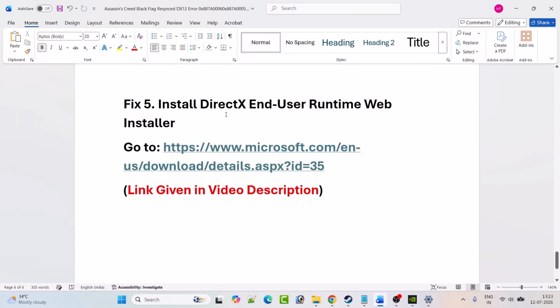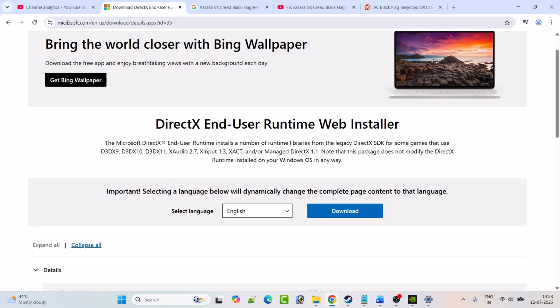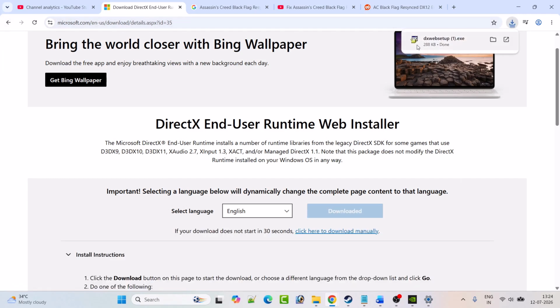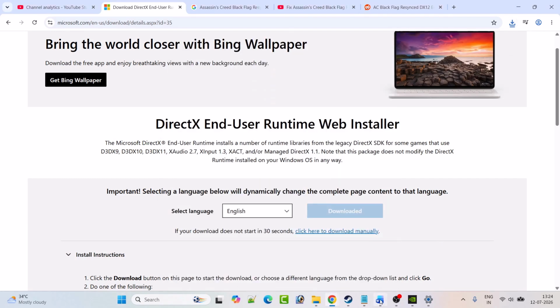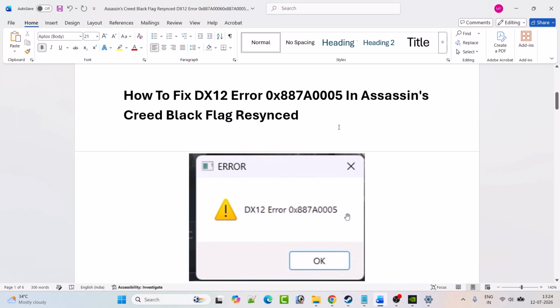Fix 5 is to install the DirectX End-User Runtime web installer. So go to this website. This is a Microsoft official website, and once you're on this Microsoft website, click on this download button, and once it is downloaded, then you can run the dxwebsetup.exe file and install it. And after installing it, just restart your PC, and once your PC restarts, then you can go ahead and launch the game and check. So by following these fixes, you can easily solve DX12 error